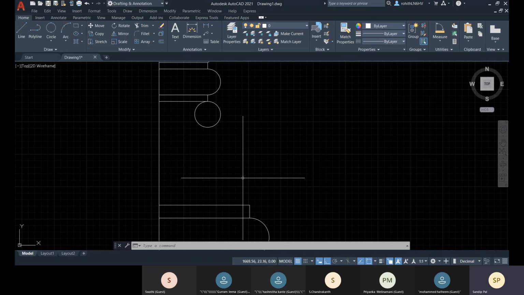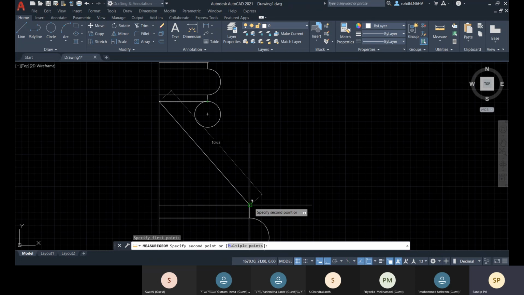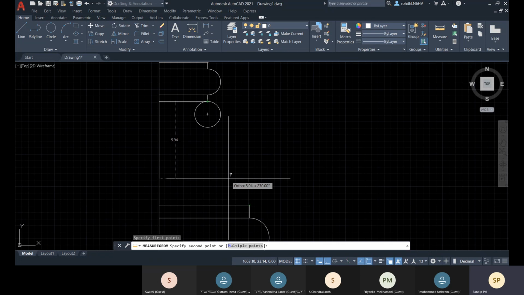So from here it is 14, so from the middle it is 17, 7. Now let me just check this distance. From this to this, 3.75, and the distance is 7, right?